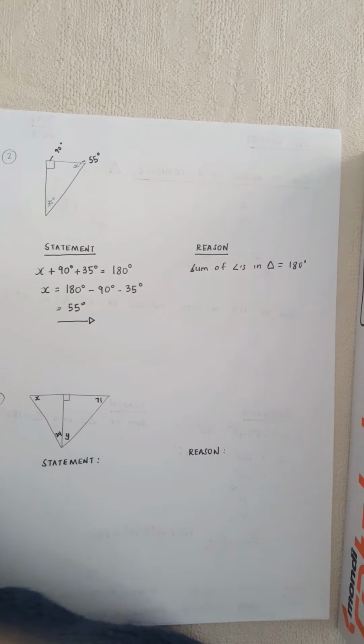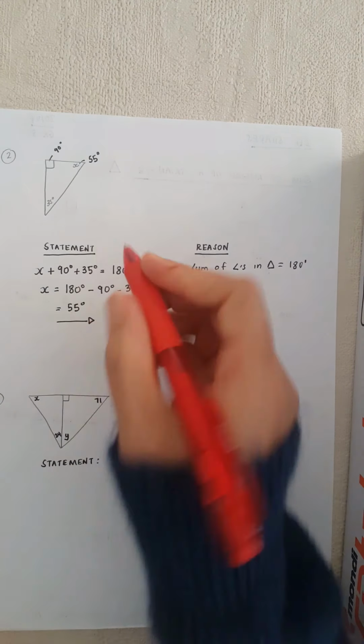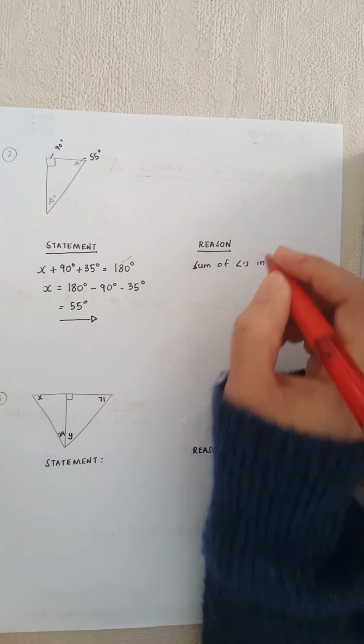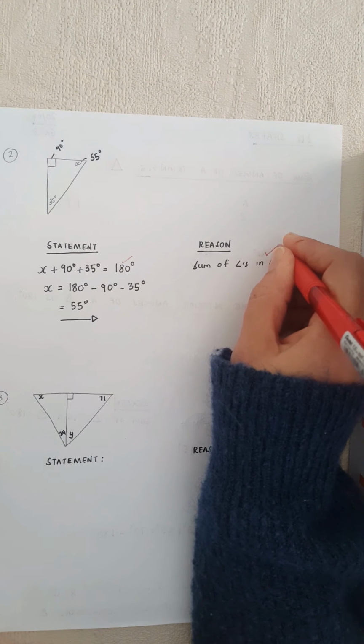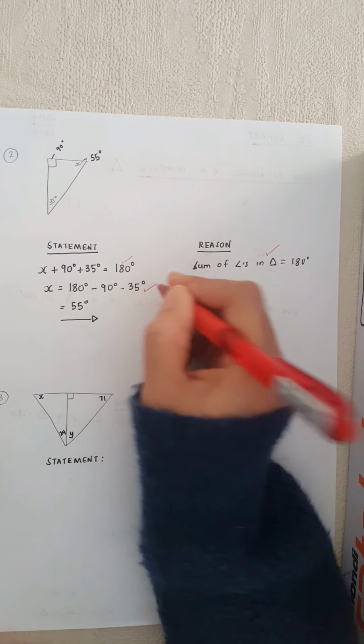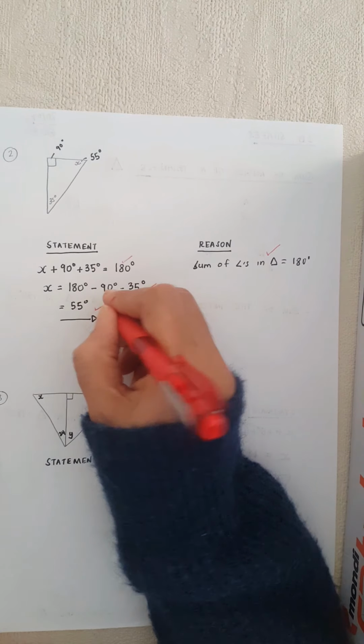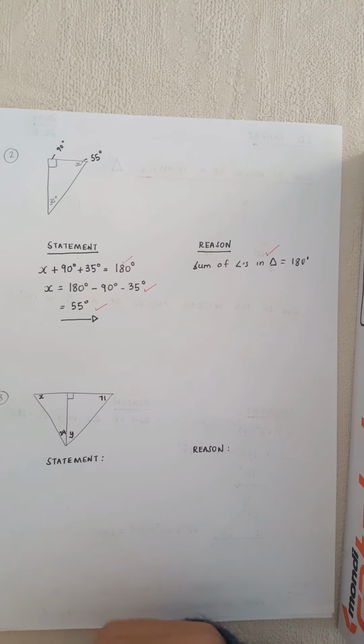But remember, when you do a question like this, first of all, you'll get a mark to do that. Then you'll get a mark to write your reason. Then you'll get a mark to write down your substitution. So you get part marks for everything. So it's very important not to just work it out on your calculator and